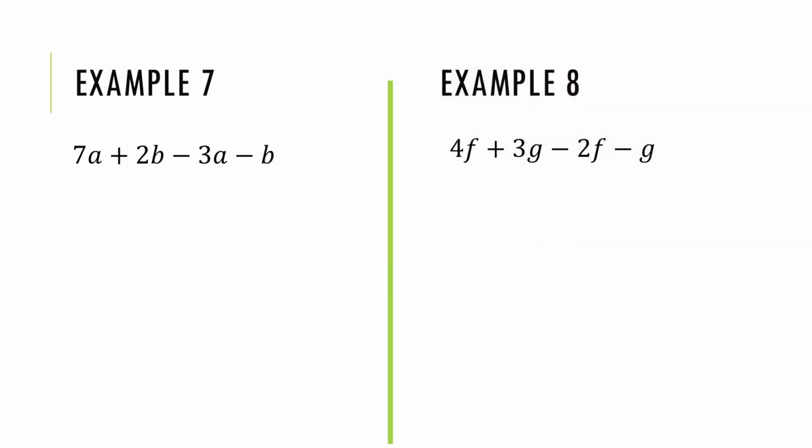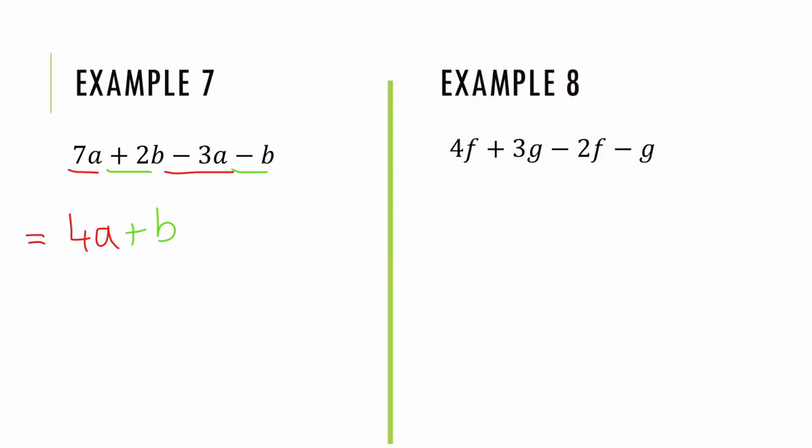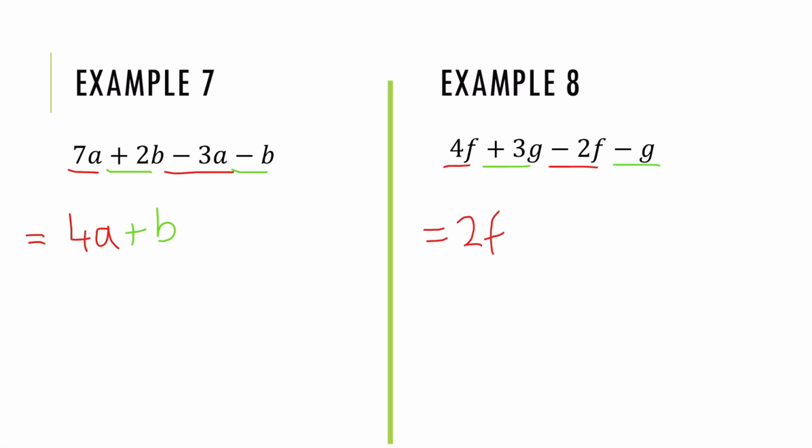Here, I have a and b terms in example 7. So starting with my a terms, I have 7a take away 3a this time, which gives me 4a. And I have a positive 2b take away b, which leaves me with 1b. Now remember what I said previously, we don't need to write the number 1. We can see there's 1b here, so there's no need for us to write the number 1. So the final answer is 4a plus b. In example 8, I've got 4f take away 2f, which leaves me with 2f. And I've got 3g take away g, which leaves me with plus 2g. So my final answer is 2f plus